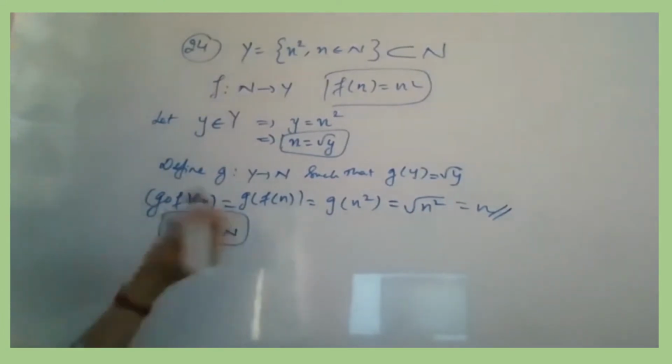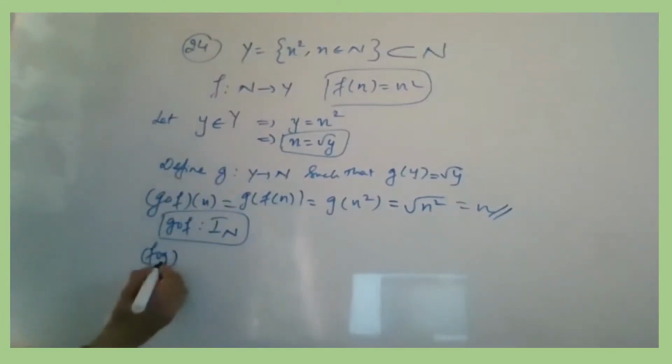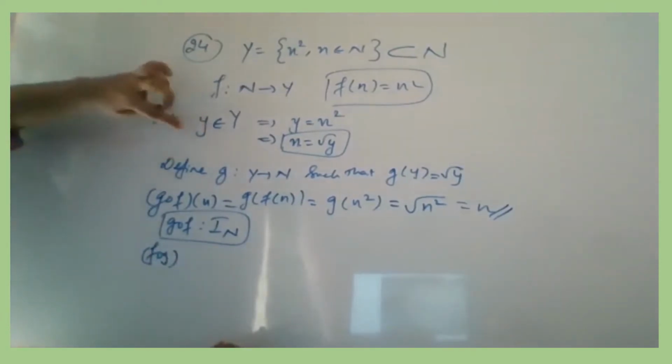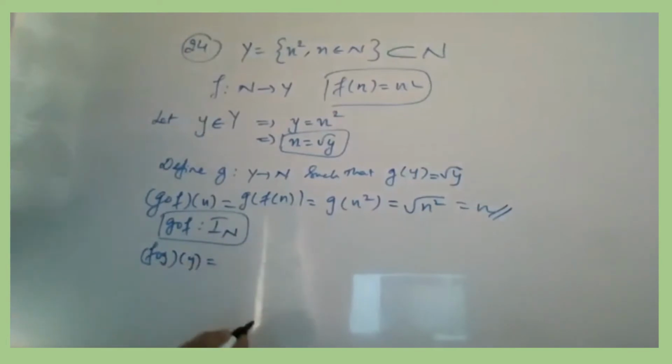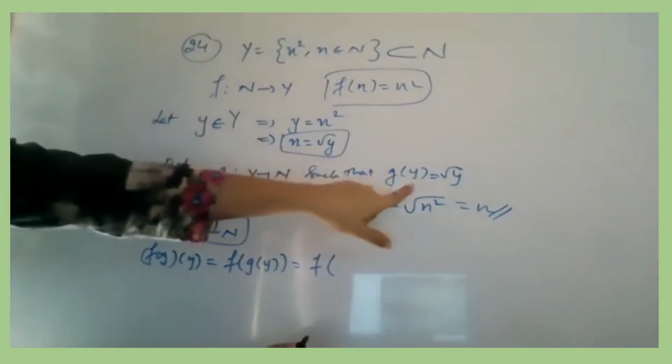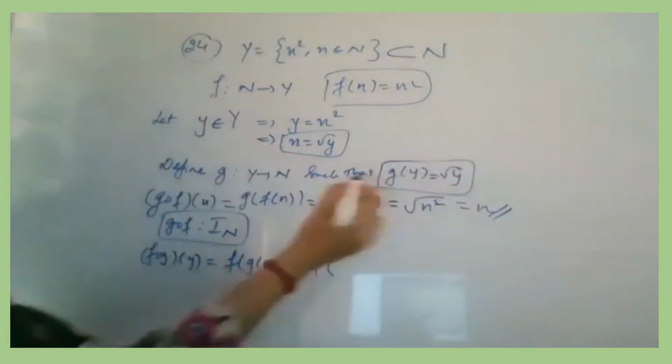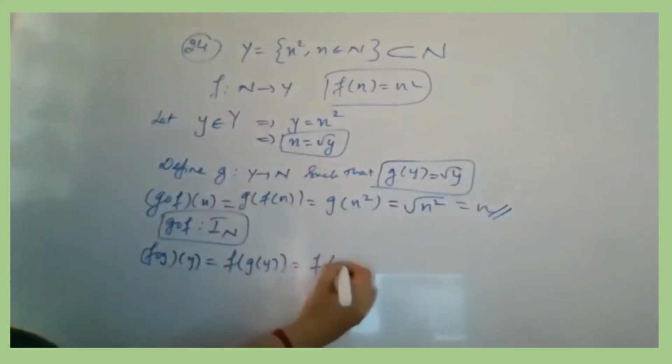तो एक मिल गया. अब दूसरा आपको देखना है f composition g. अब f composition g में आप क्या लोगे? एलिमेंट क्या लोगे? बिकॉज इन योर g यू आर डिफाइनिंग इट विद y. सेकंड सेट में आप y ले रहे हो, तो यहाँ पे g y लोगे. ओके. सो f composition g of y means f of g of y, which is f of what is g of y? G of y is taken as root y. Whatever you have got here, root y.